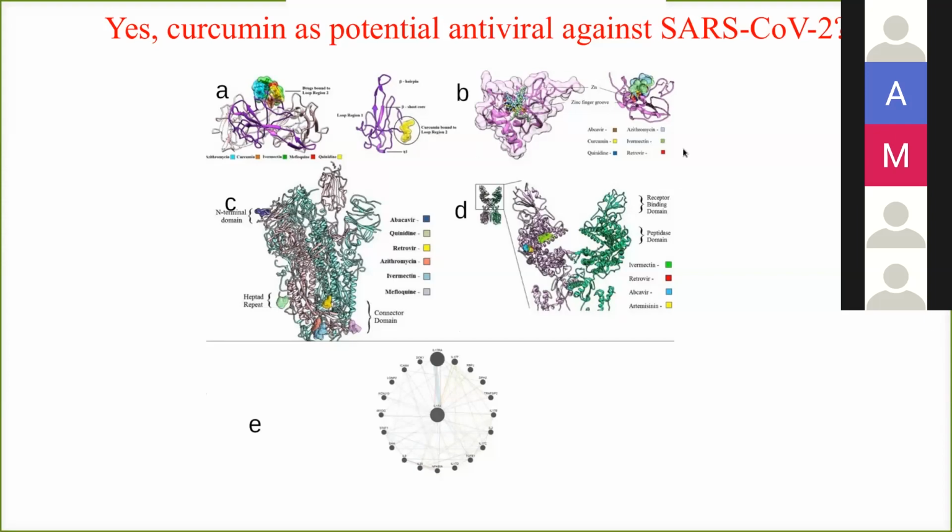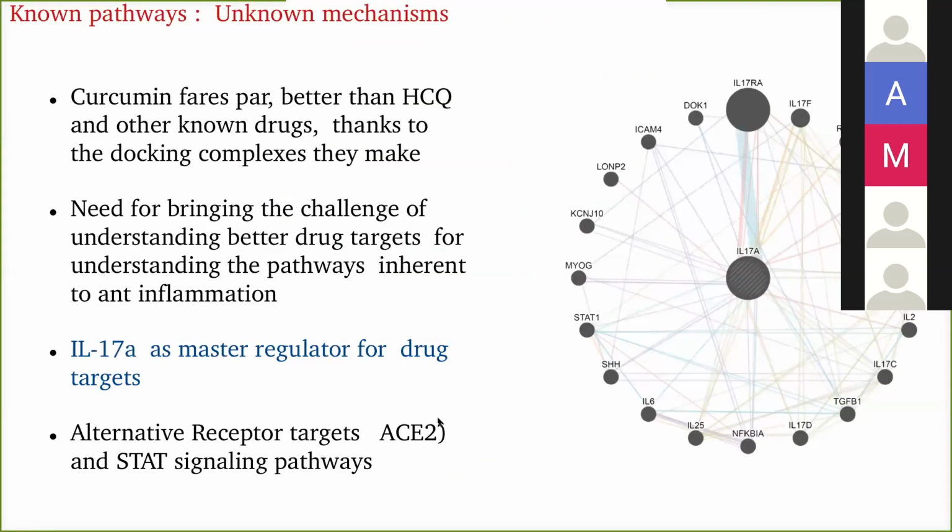And in the pathway analysis, the nucleocapsid protein has interleukin 17A as a possible candidate where pathways could be explored. So in conclusion, when curcumin is taken, it plays a very important role, taking the receptor targets. It would also consider IL-17A as a master regulator, because IL-17A is a direct homologue of nucleocapsid protein, and it interacts with several other proteins, and they're localized to the same system as well. That's very important. So this is only a plausible theory that we are trying to come up with, and we have made that particular story, which we have communicated.